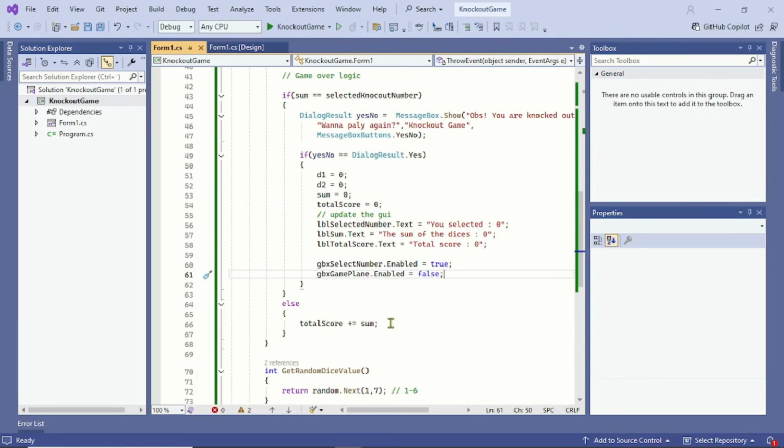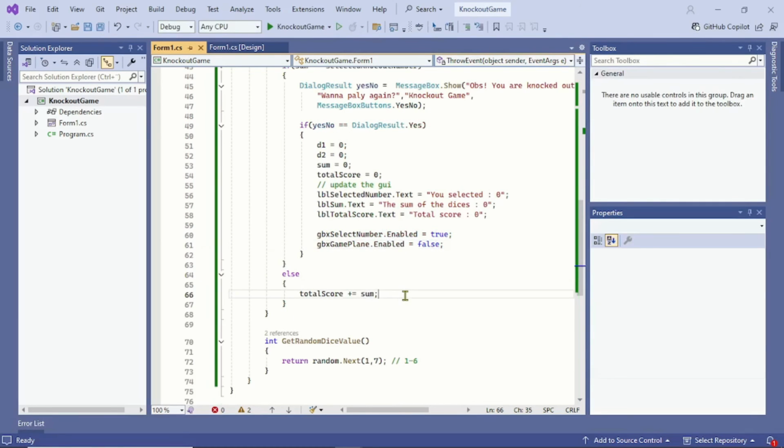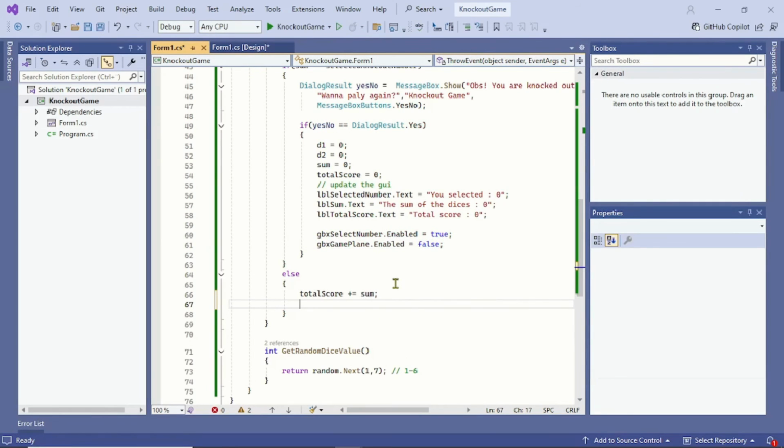Here we have a single fix. We are updating the total score, but not the user interface. So we have our label control, lblTotalScore, target the text property, total score,